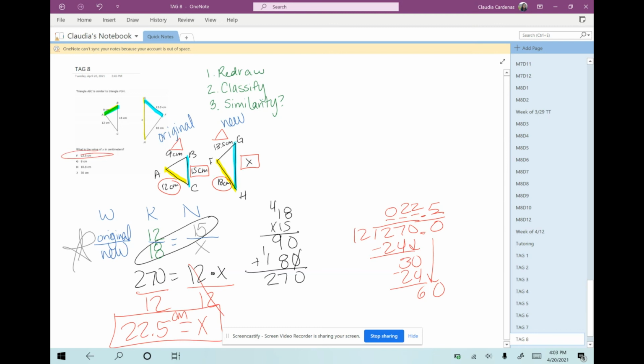So let's just stamp that we need to set up a proportion after we have first redrawn the problem, after we have set up the proportion using the ratios based on our